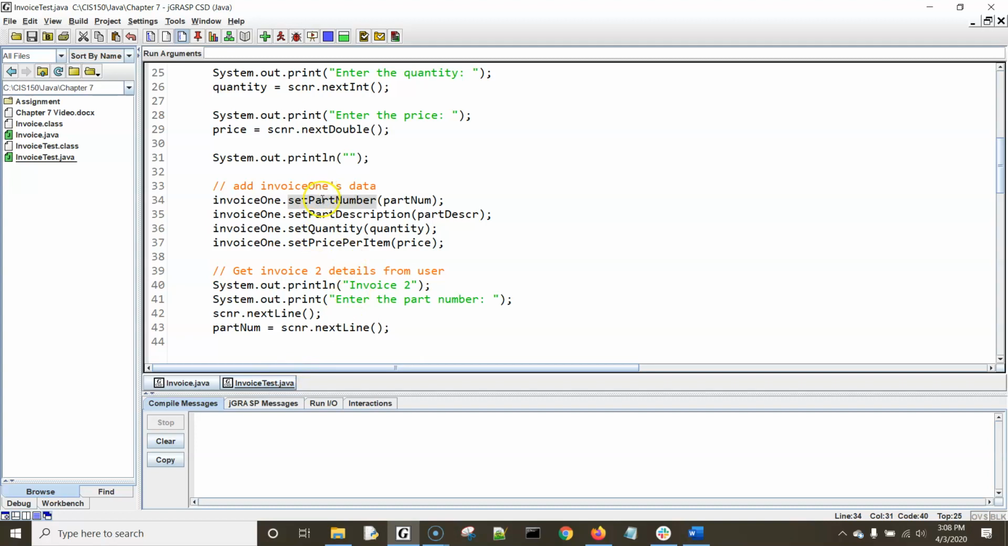So we call our set part 1, we pass in part num, which is where we stored the part number that the user inputted. The same thing for part descript, same thing for quantity, and same thing for price. So after we get through line 37, we've actually created our invoice 1 and we've populated it with the values that the user inputted. So what we need to do next is we need to get the invoice 2 details